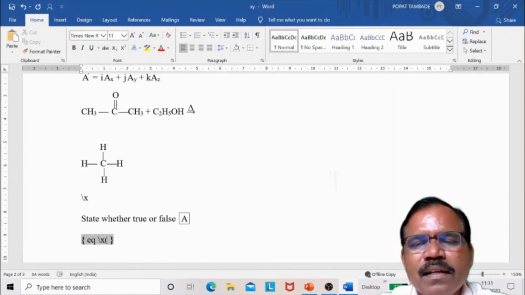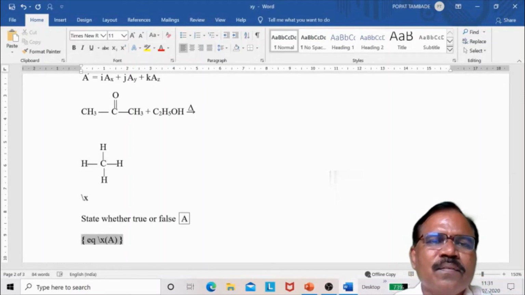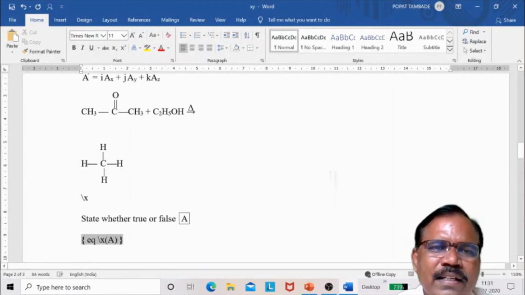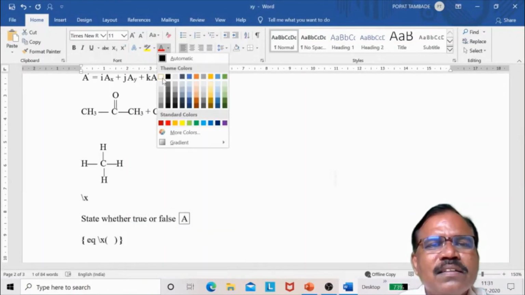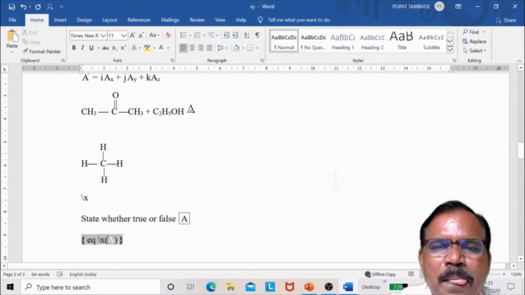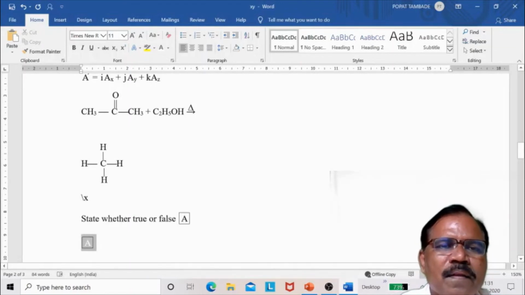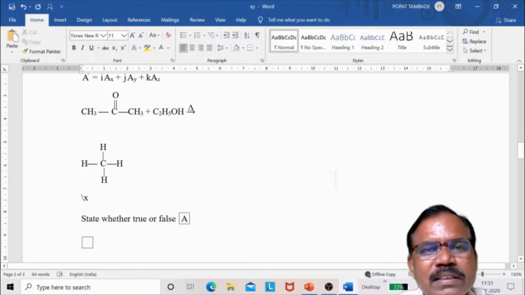then type some character, but whatever character you take, make its font color white. And now see here. So what happens, since this box is typed on the line, it will not move.